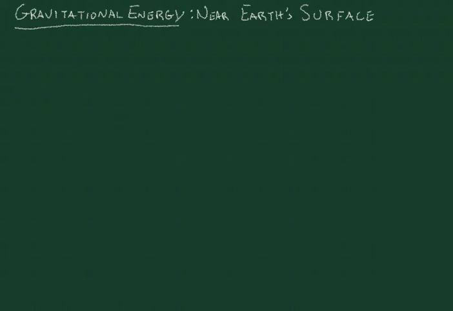Now let's say we have some object with mass m, and it's some height h above the surface of the Earth. Okay, so if we wanted to write the potential of this object, we would say that its potential is equal